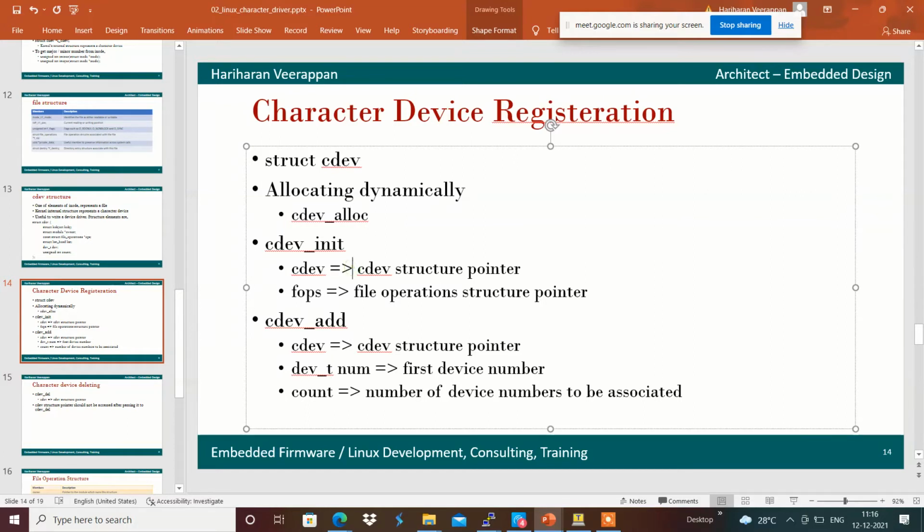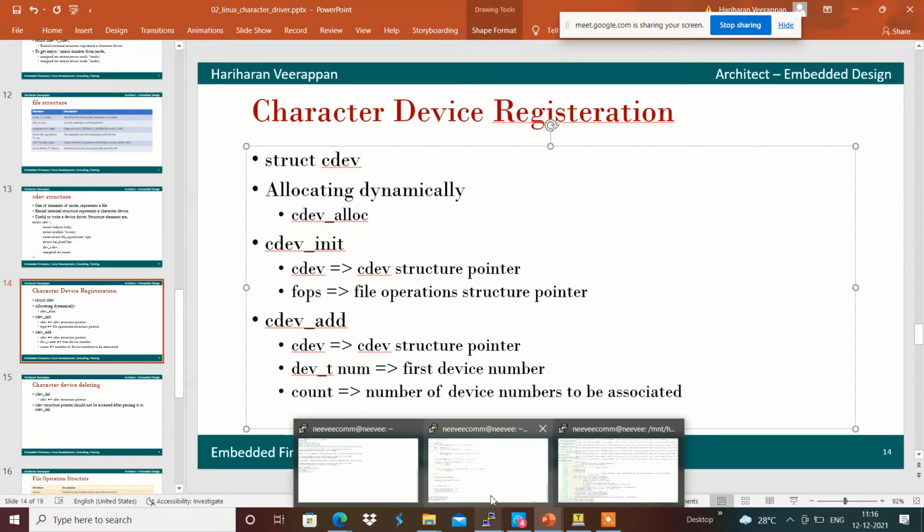We will also have cdev_init, which initializes the cdev with the respective file operations, and cdev_add, which adds or links it with the device numbers and the count accordingly. We will see how we can do that in our